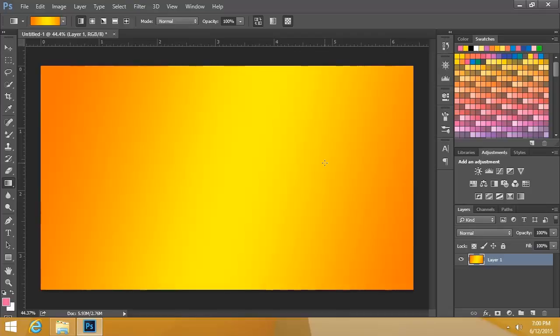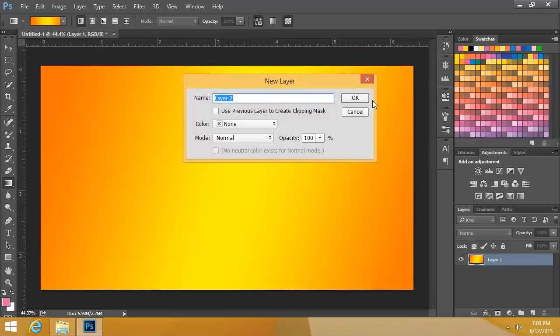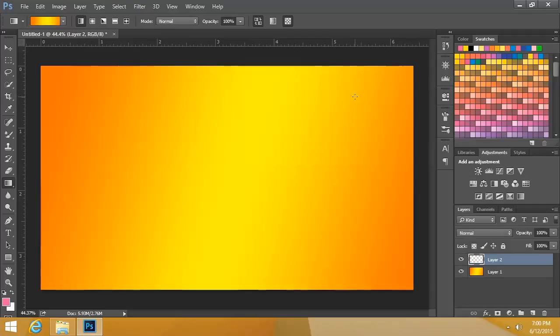Now I'm going to add a layer to this and modify its transparency. So I'll click here, choose New Layer. I'll call it Layer 2, that's fine, the default name. And then I'm going to give it a fill color because I do want it to have some sort of depth to it. I'm going to make it black, so I'll choose Alt Backspace to fill it with black, and